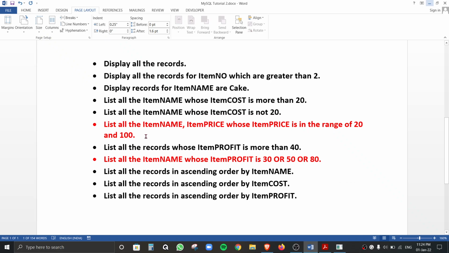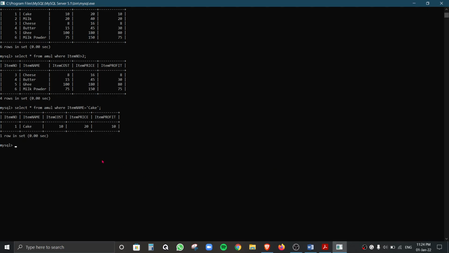Now let's move on to our last, fourth query, which is list all the item names whose item cost is more than 20. So here it's telling us only to list the item name where the item cost is more than 20. So for that we'll not use the select star because star is used to display all the records. So instead we will write select